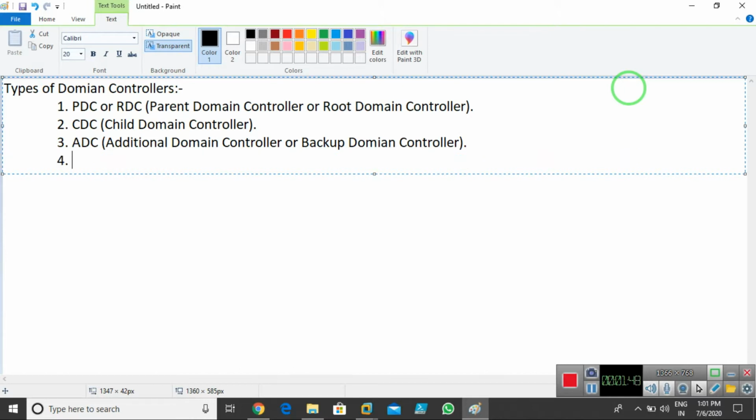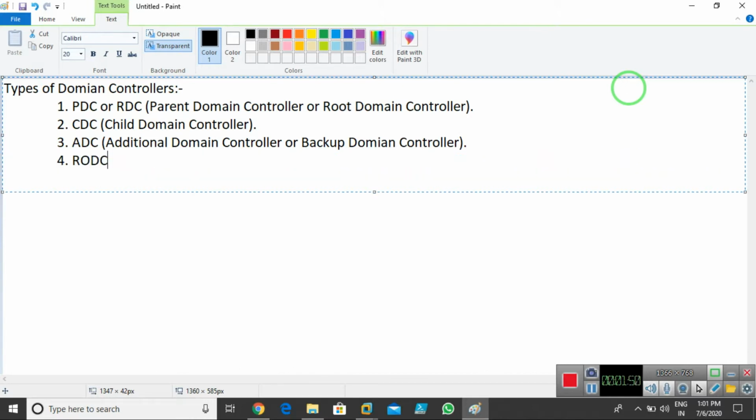Fourth one, we have RODC, which is read only domain controller. And the last one we have is pre-DC. So we have 5 types of domain controllers in our AD environment.